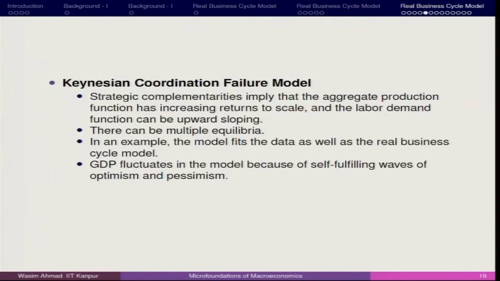So, the Keynesian school of economic thought launched an attack with a model they call the Keynesian coordination failure model. Now, what do we mean by coordination failure? Coordination failure has a lot of meaning. They had a very innovative idea that if you find everything good in the economy, then you have herd behavior among the investors, among the firms, among the households. So, it is also linked with some kind of